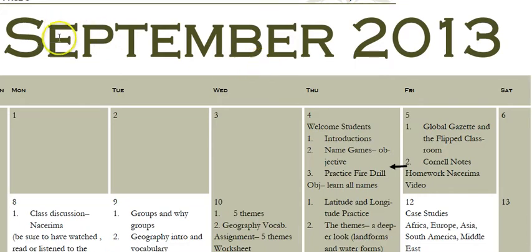This is a calendar of what we're going to do daily. I will start before I say anything else. That should say 2014. However, the dates are right. And I'll also say that we will change from time to time. So this is wrong, but our dates, our numbers, our days are correct. You'll see we'll have the name game, which at this point you will have played in class, and hopefully I got all of your names on the first day. That's a goal of mine.